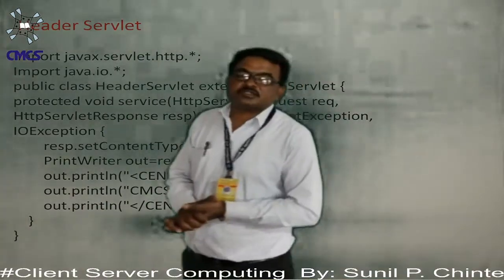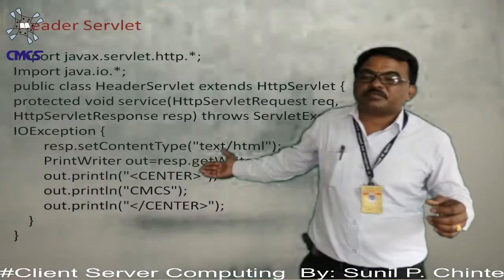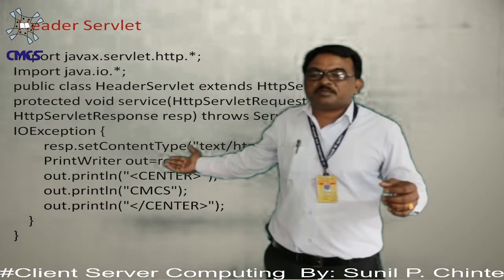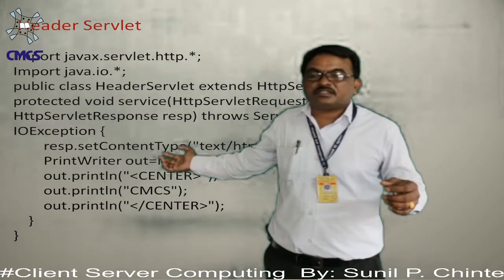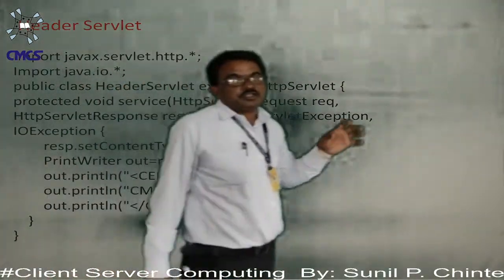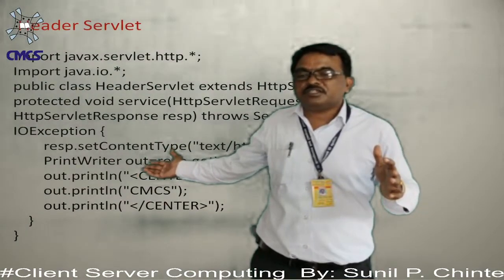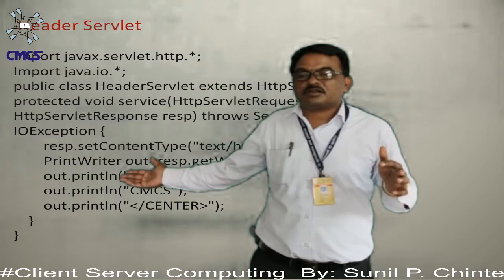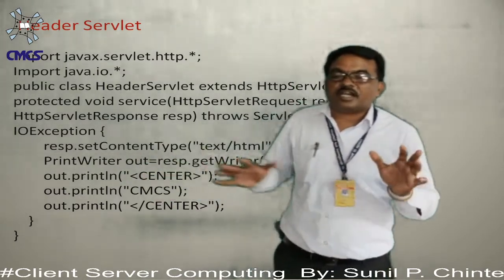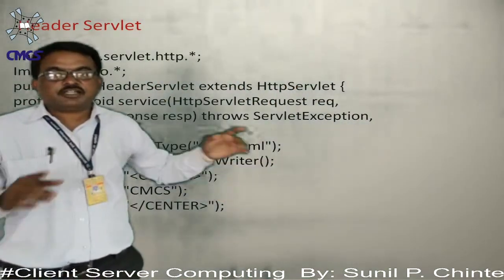Okay, and it also generates exceptions. Okay, we are setting the content type by using the setContentType method of the response. Okay, here the PrintWriter object is created by using the getWriter method, so we can put the output on the browser. Okay, we use the instance of out with the methods that will write the contents. Okay, so by using this syntax we are creating the header here.